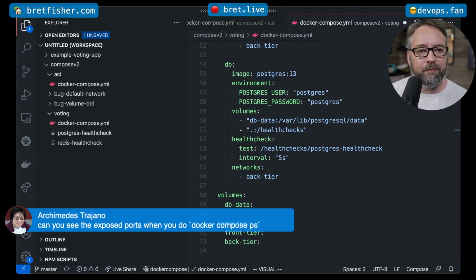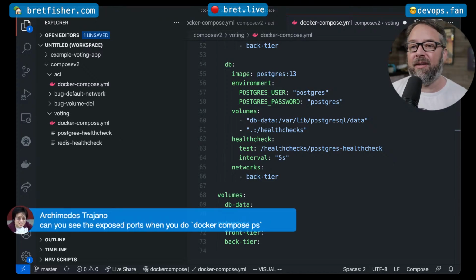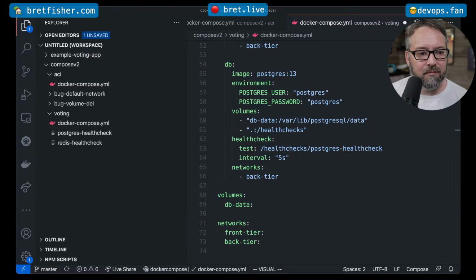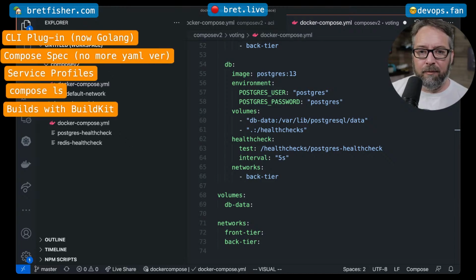Can you see the exposed ports when you do a Docker Compose PS? Yes, I think you just saw me do that. I'm catching up on chat. All right, so hopefully I fixed the screen issue, whatever that was about. All right,